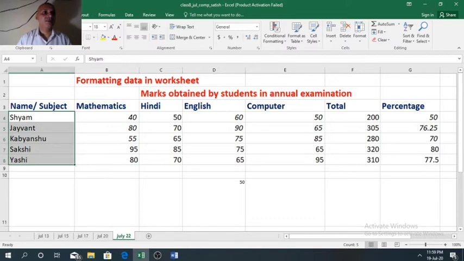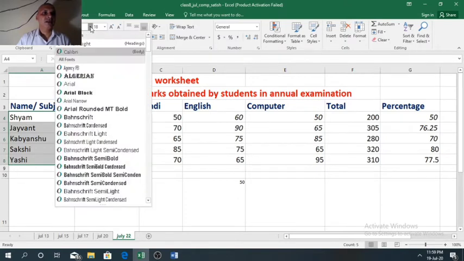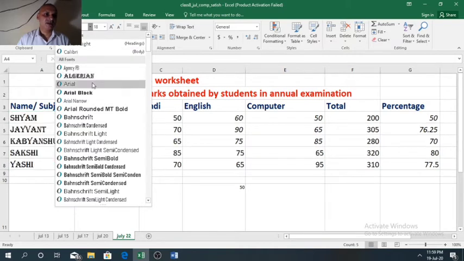Now in the Home tab, in the font option, click on the arrow to the right of font style. You will get many styles of font here.